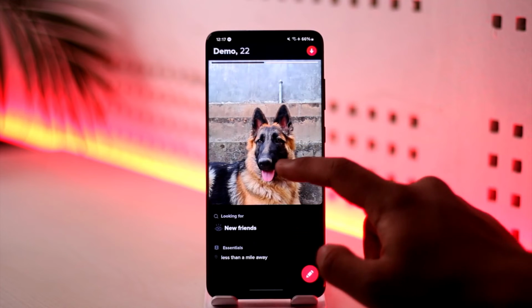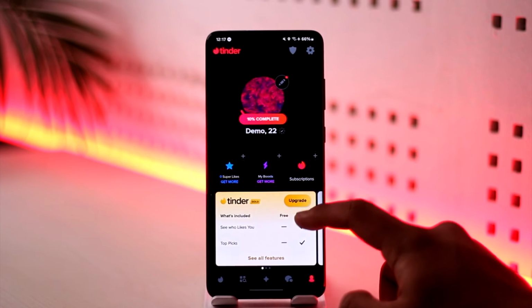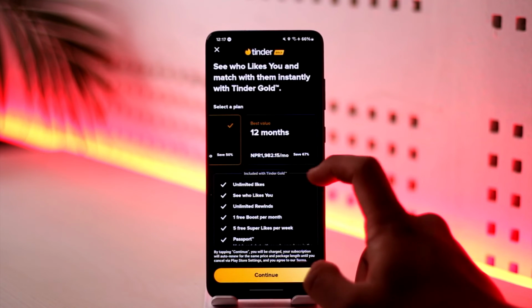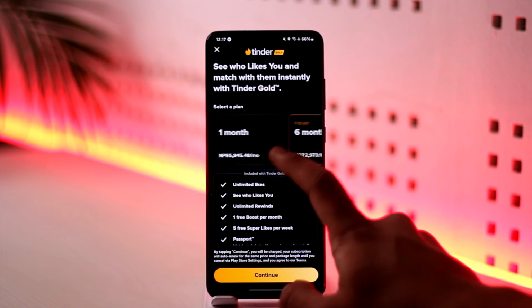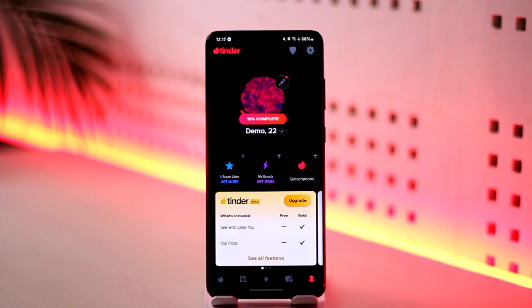editing your profile picture and so on. And once you've done that, you can select new friends and you can choose the essentials, and you also have Tinder Gold, Tinder Plus and Tinder Premium depending upon what you're comfortable with, and then you should be able to go ahead and use them. This way you should be able to go ahead and basically figure out how Tinder works, and this is